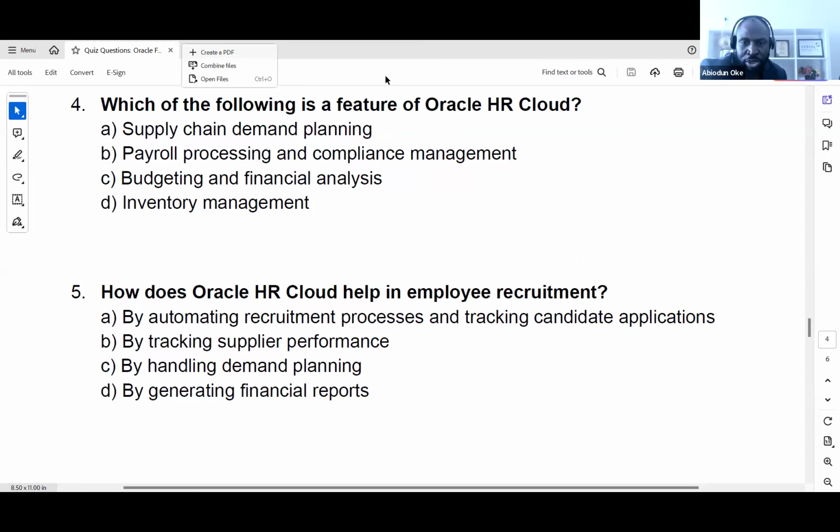So this is basically what is working in the back end. It's the automation of this recruitment process. Beyond that, there are several other types of automation and tracking that could happen, like if you are moving candidates from the interview stage to the second interview stage to the third one or whatever, or even to onboarding, and maybe any other process that needs to happen during the onboarding, they are automatically initiated once you move the candidates through those workflows. So definitely automation is one of the big advantages that companies have when they have an ERP